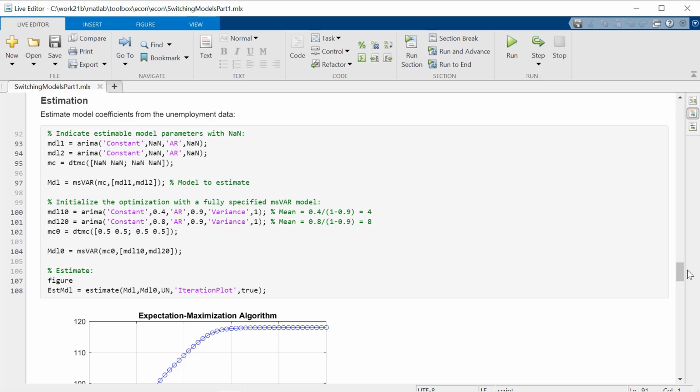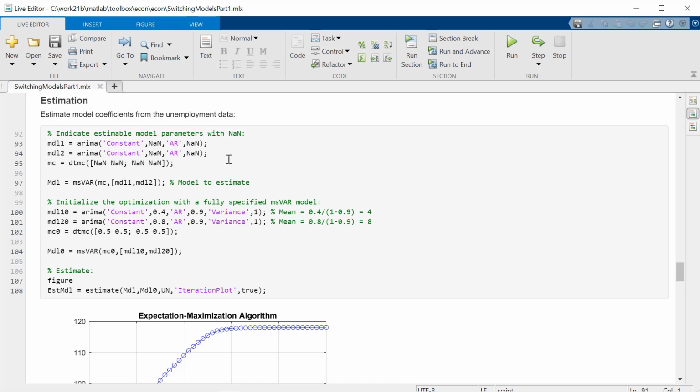If you want to just estimate the parameters in the model, you create an MSVAR switching model in the same way as we did above, except for the parameter values, you input NaN, not a number, to indicate that you'd like the algorithm to estimate those particular parameters. Now, if you know some of these parameters, like the transition probabilities, or you'd like to fix them, you can do a mix of NaNs and equality constraints, putting in specific values here.